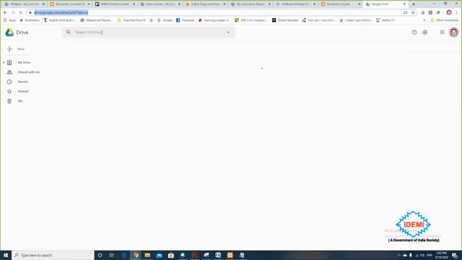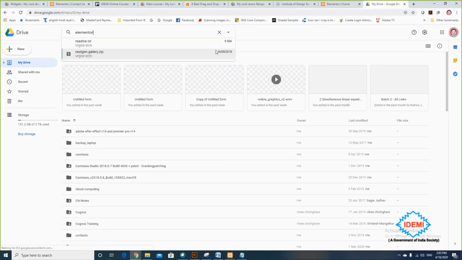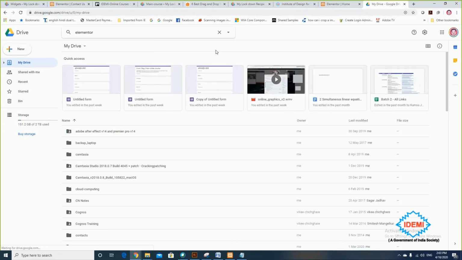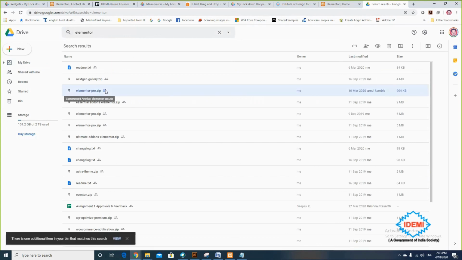Let me check. So I would like to show this last part. I'm just searching for my Elementor version there. So there is the Elementor Pro version I have.